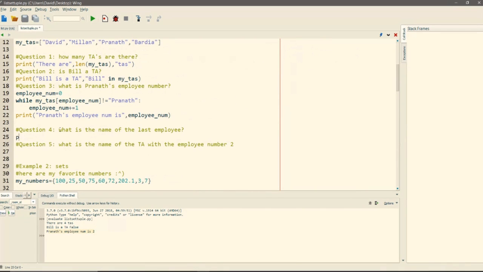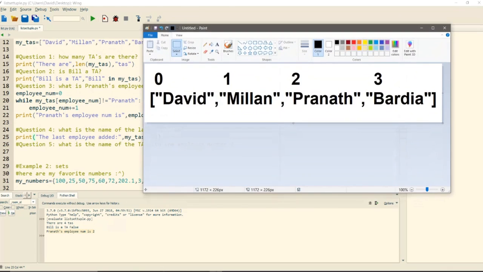Okay. What we want to do is say the last employee added, and then we go my TAs, because that's a list, -1. So it's kind of weird that we can have a -1 entry in here, right? Because it goes 0, 1, 2, 3. But here's a catch. Over here, 3, or the very last entry in your list, has an index of -1.